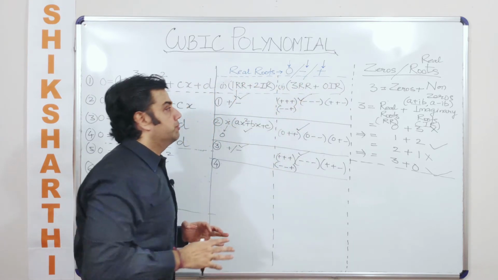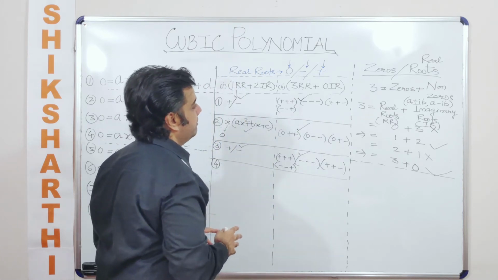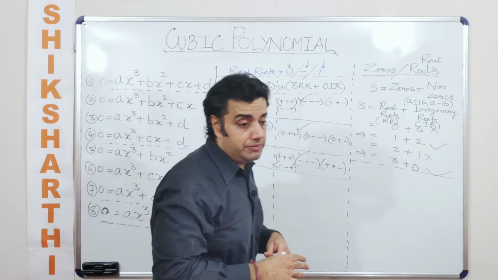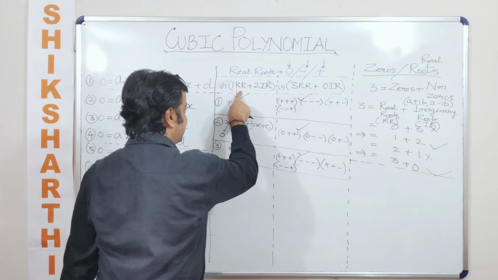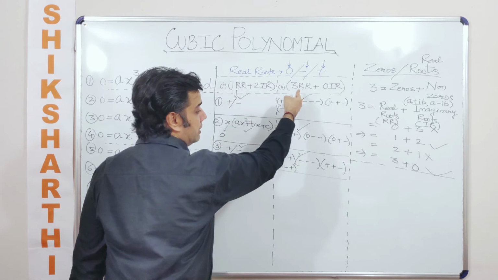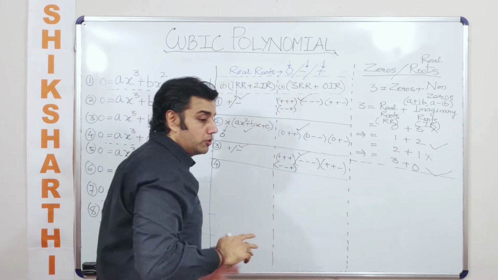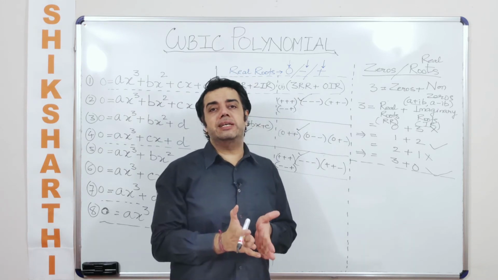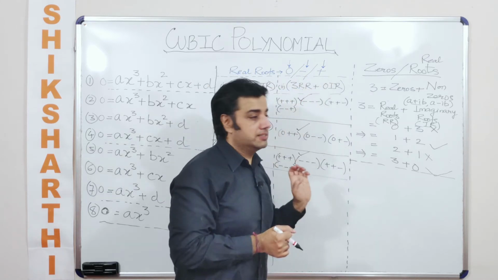The point that I am trying to make here is in a cubic equation or a polynomial, when we talk about either zeros or real roots, or we talk about factors when we are talking about cubic polynomials. So in that case, either we'll talk about this case, which is 1 real root or 1 real factor, or we talk about 3 real roots and 3 real factors. We cannot talk about both the things at the same time because they are mutually exclusive to each other. Only one at a time exists. Either this case exists or this case exists.